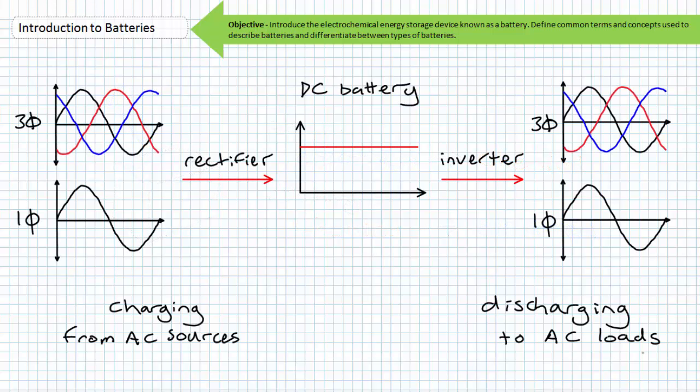The DC nature of the battery means that power electronics intermediaries must be used to charge and discharge the battery using AC sources or AC loads. An AC source must first be rectified to DC with the appropriate magnitude and polarity if it is to charge a battery. A power electronics device, known as an inverter, must invert the stored DC energy in the battery into